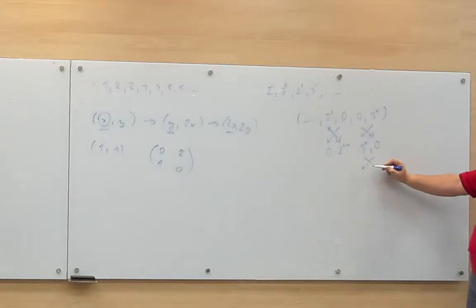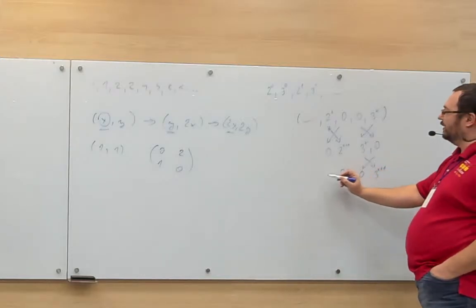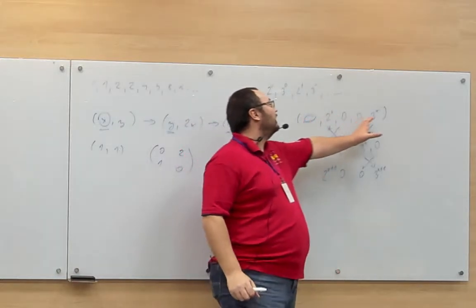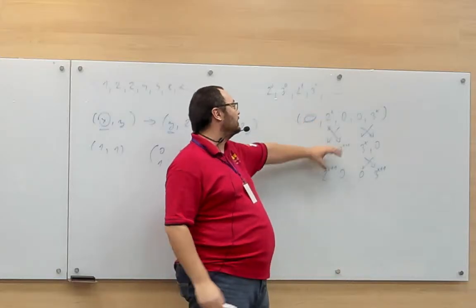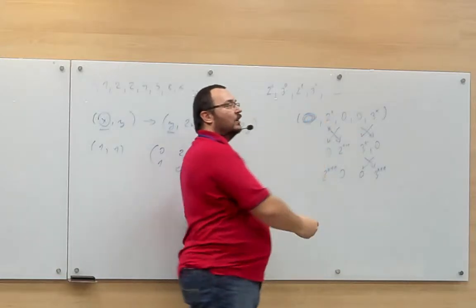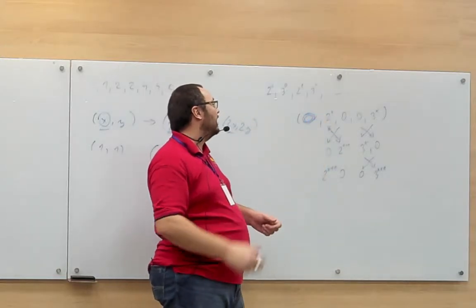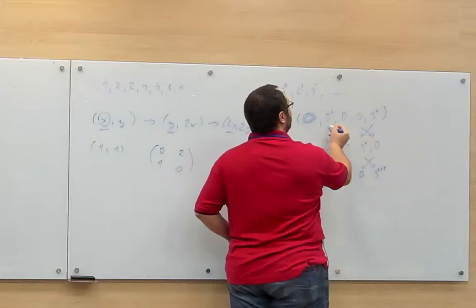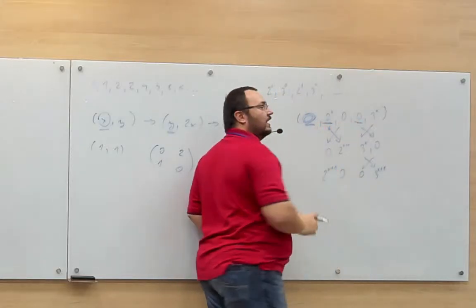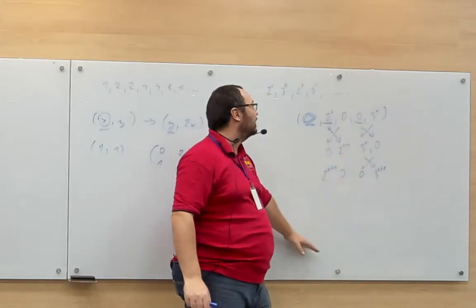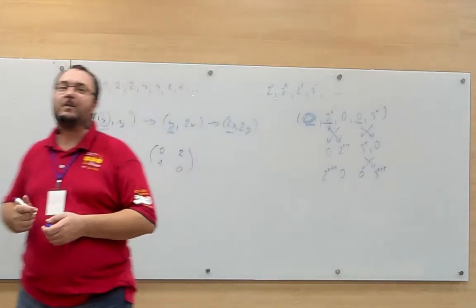And when you do one more step of such multiplication, then this will become 3 to the x plus 1, 0, 0, and 2 to the x plus 1. If you have already these 4 elements in your vector, and each matrix multiplication is doing this step and this step and this step, then in order to produce the corresponding output in this part of the vector, you just need to take the appropriate linear combination. So this cell plus this cell will also be stored here, and this will give you 2 to the x here, 3 to the x there, 2 to the x plus 1 here, and also in the next step. So you can interleave 2 sequences